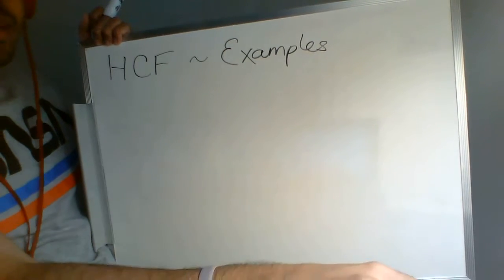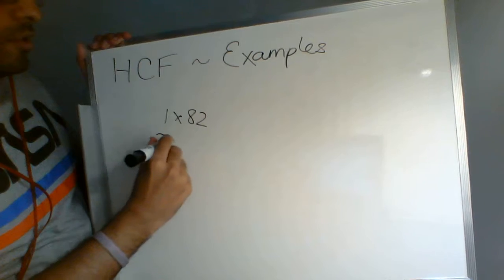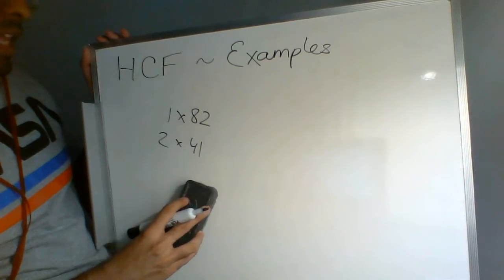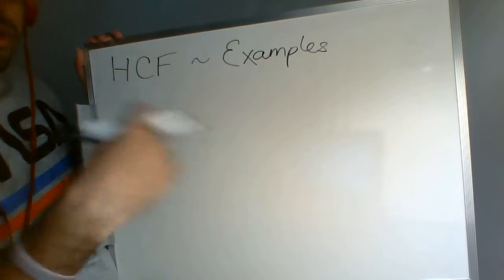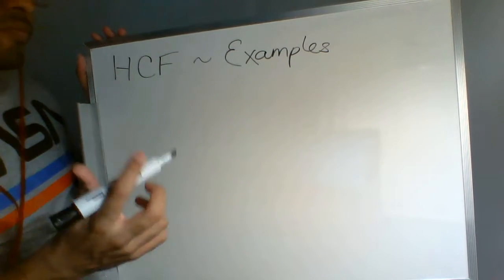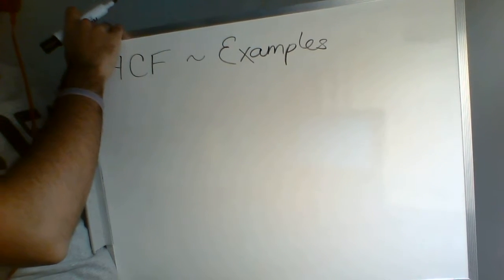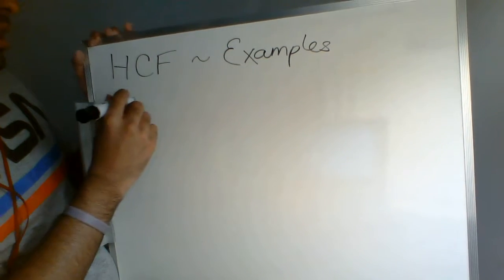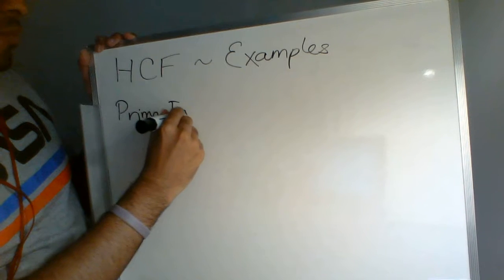So we're not going to do that listing thing where we just list out 1 times 82 and 2 times 41. There might not actually be that many ways to get there, but you'll be sitting there for a long time going through it and trying to make sure you have all of the numbers. In the examples we're going to be dealing with, there are plenty of ways to get to some of the numbers, so we're just going to ignore that list method, and we're just going to focus on prime factorization, which was method 1,